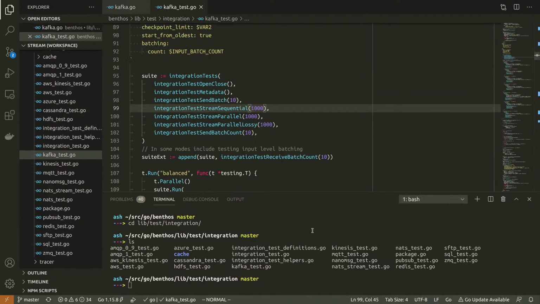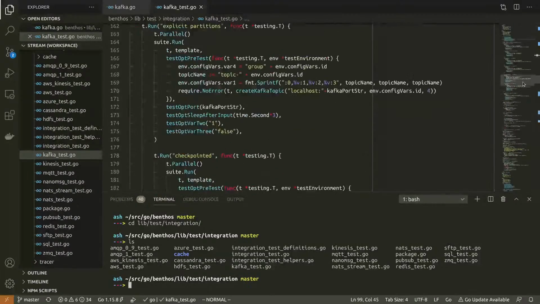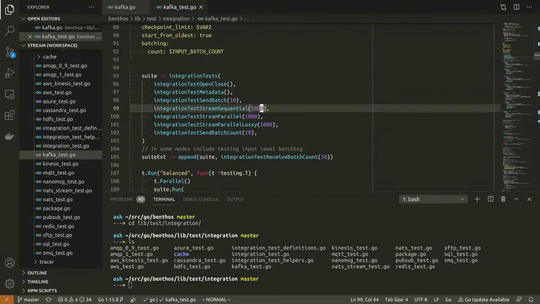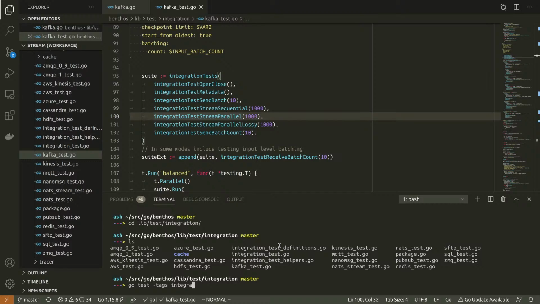So I've got a bunch of these integration tests, and they're pretty much the same for both services. Most of the time running them is just booting up the services themselves. I'm going to run this stream parallel test with balanced consumers. So how do I run these particular tests?